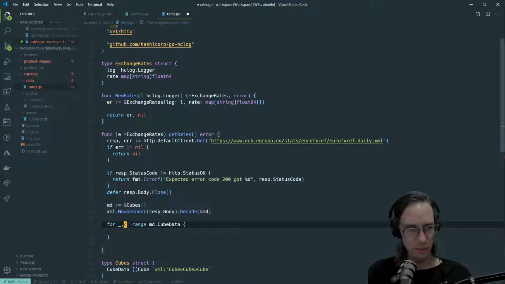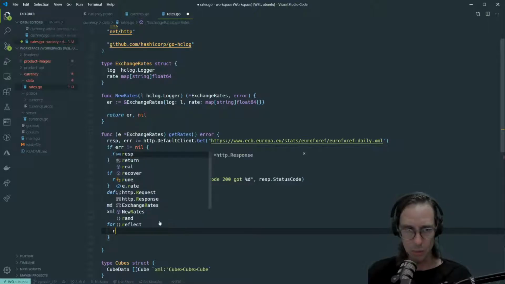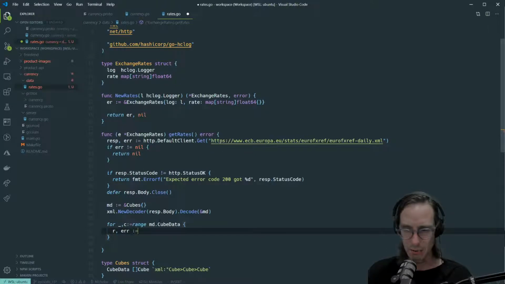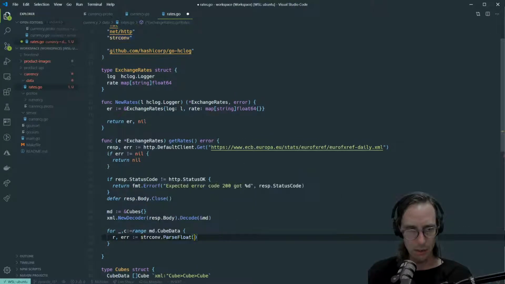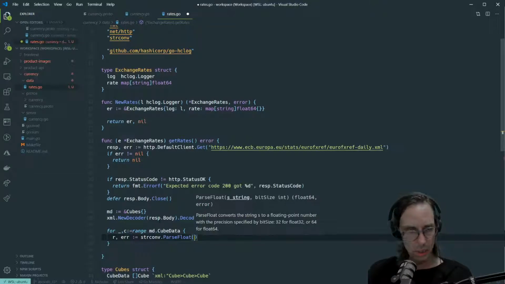What should I call that? C. Okay. So then I can just convert that. So I'm going to call my rate. I need to get an error. And then I'm going to do string conv. And I can do parse float. I can get my